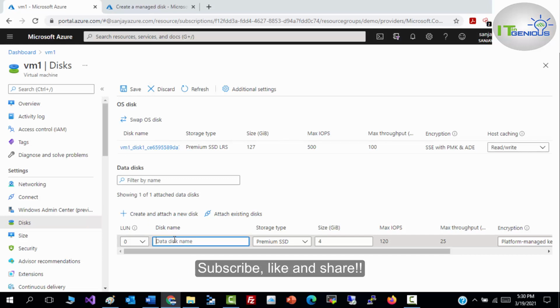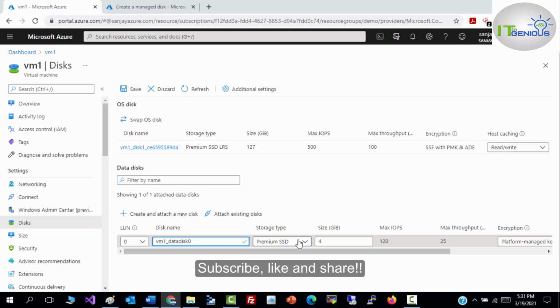Similarly, I need to specify my disk name, which would be VM1_datadisk_0. Then the storage type: we have premium SSD, standard SSD, and standard HDD. That is totally up to you which storage type you are going to attach.